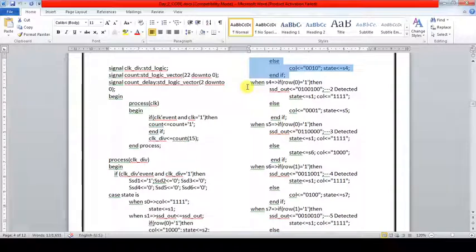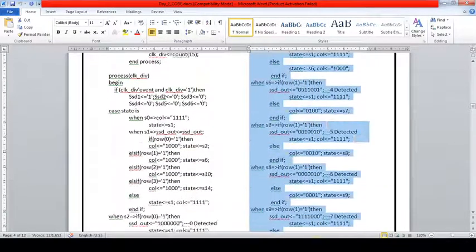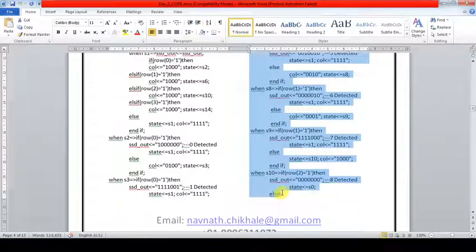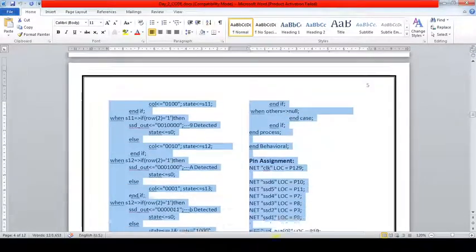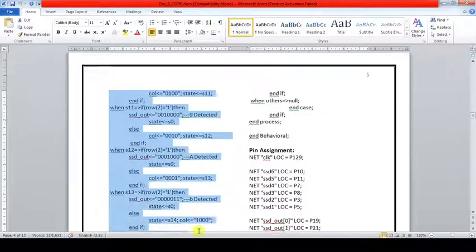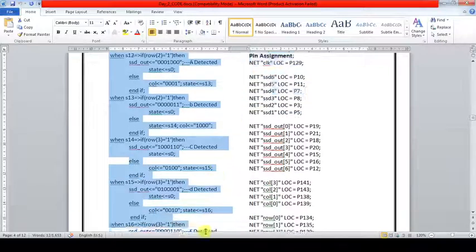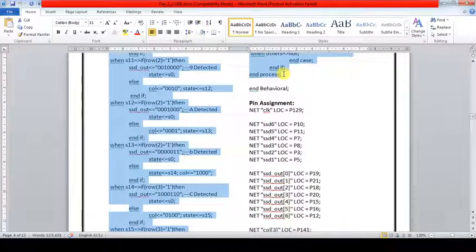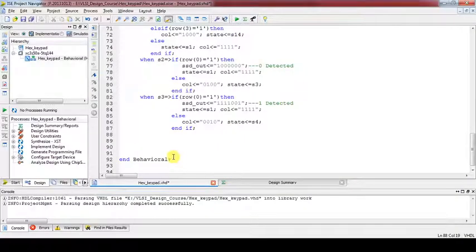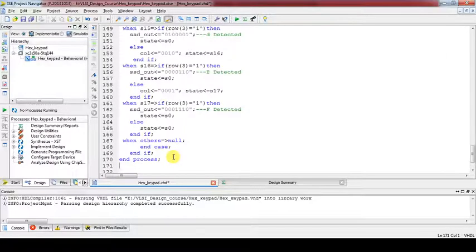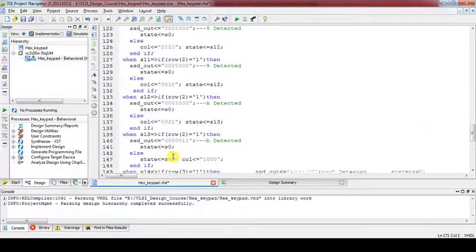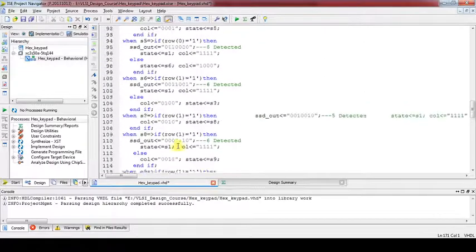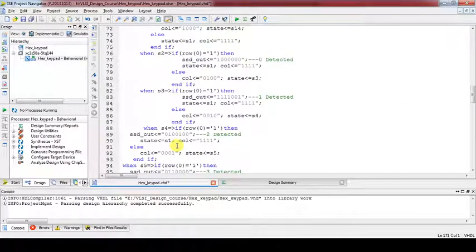So S4, I will copy all these conditions, right? This is applicable to all the conditions till this end process. Control C, Control V. I will just save it.